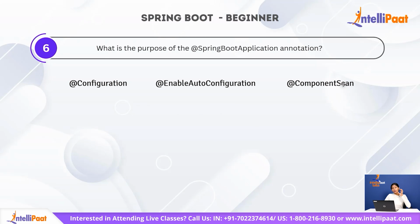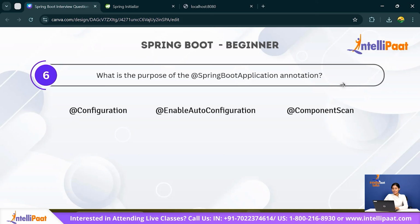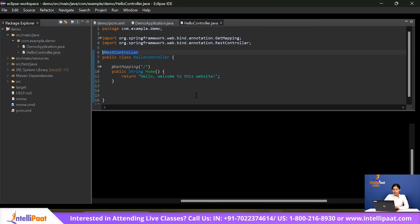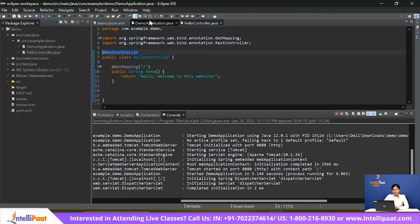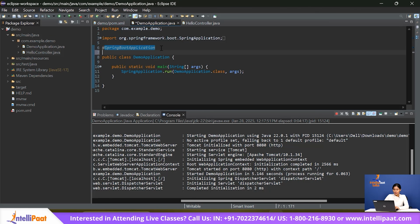Now, if you put all of these three together in one particular place, you get Spring Boot application. So Spring Boot application is nothing but a convenience tool so that you don't have to use the boilerplate code. What I'm trying to say is, you could have run the same code, this one, with the help of all of these three. As in, I could have added, instead of this, I could have just added